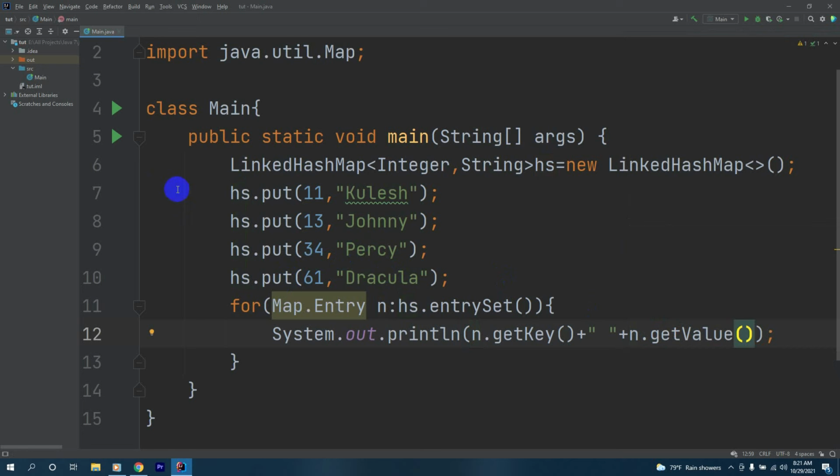Okay, now let's run this and check the output and see how the LinkedHashMap puts values inside the LinkedHashMap.